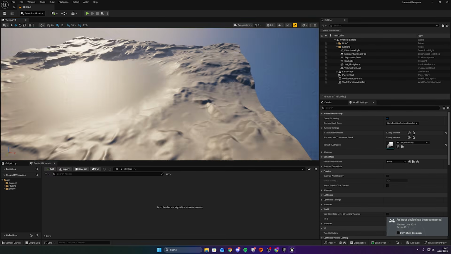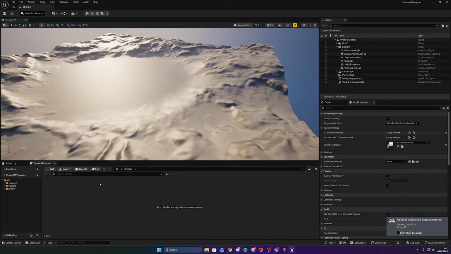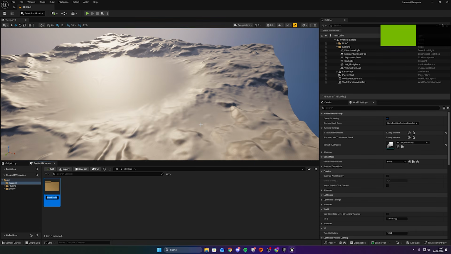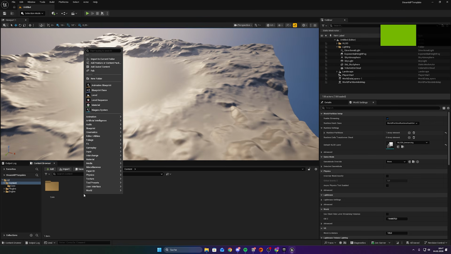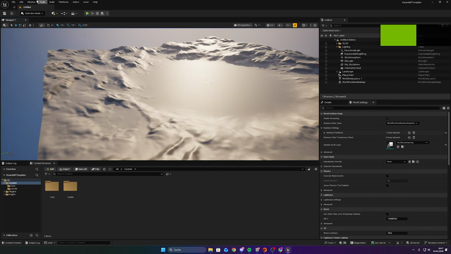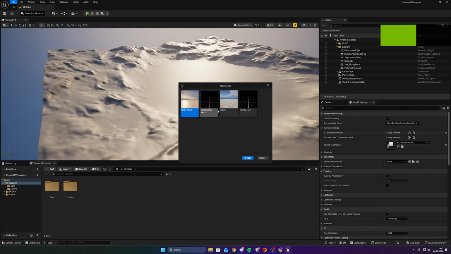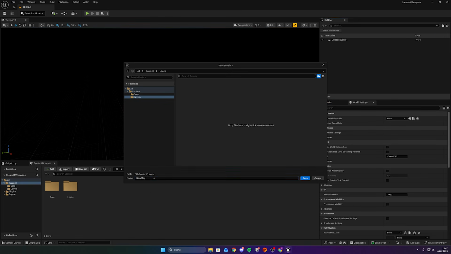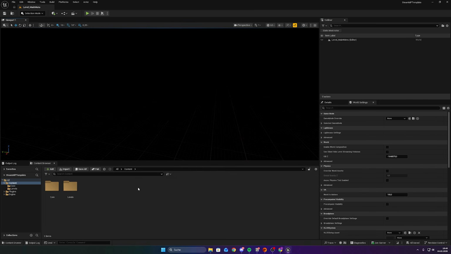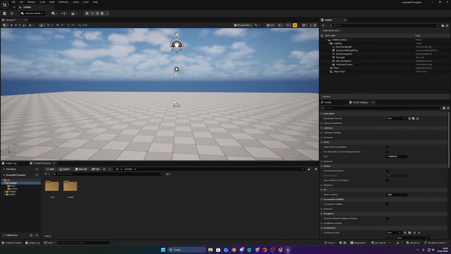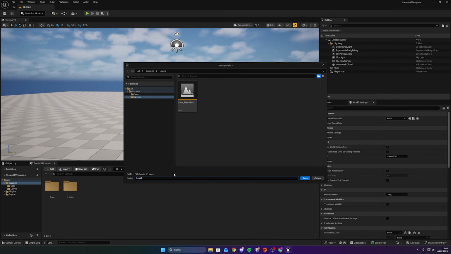Perfect. So now that's the setup we will need outside of the project, and now we can go ahead and start creating some files in here. I'm going to create a folder for core and also a folder for the levels. Go ahead and create the first level. We can do an empty level because that will be our main menu, level_main menu. Hit save, and then we can create another level. I'm going to select the basic template, go into here and call it